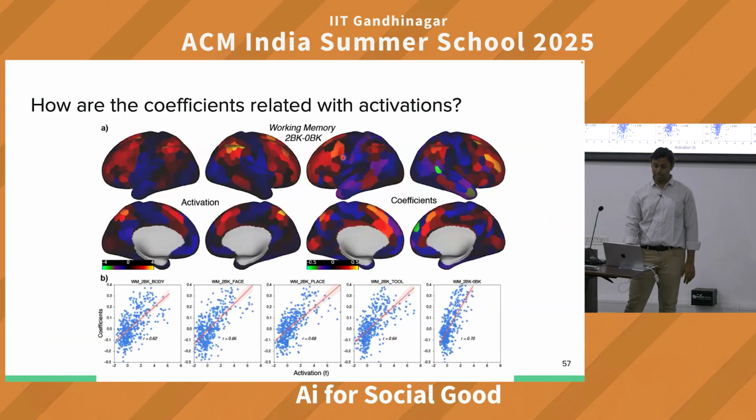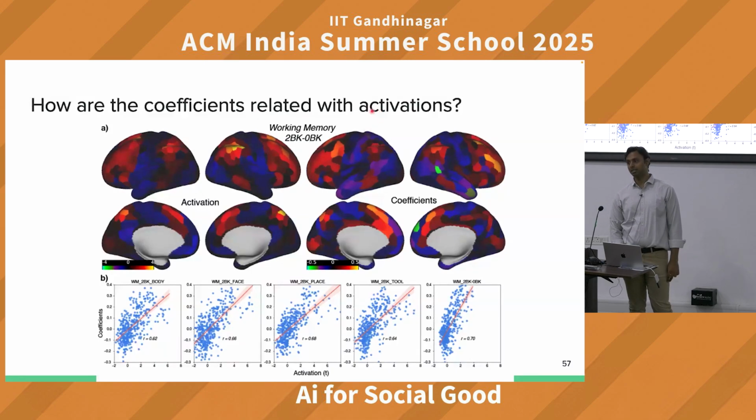Okay. Very interestingly, the model coefficients are very similar to the model activations. Brain का जो activity है और जो coefficient है, they are converging. Somehow the model is trained in a way that is converging on how these coefficients look like, which is an aspect that, मतलब ये जो brain का, it was not even part of the model.